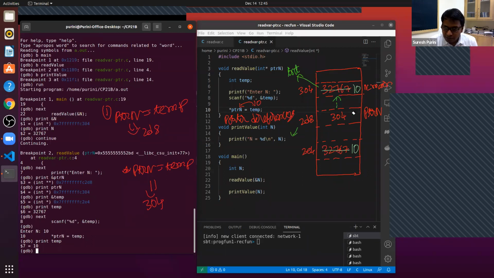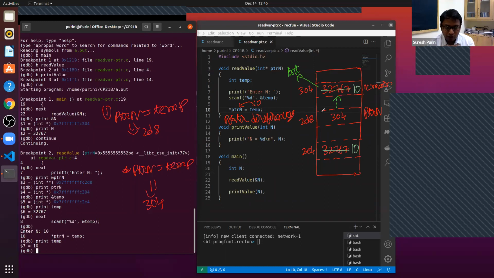Are you fine with this statement at least? That when PTRN is equal to temp, this memory location is getting updated. Are you all happy, everyone? Anika, everyone who is having trouble? That is the semantics of it.